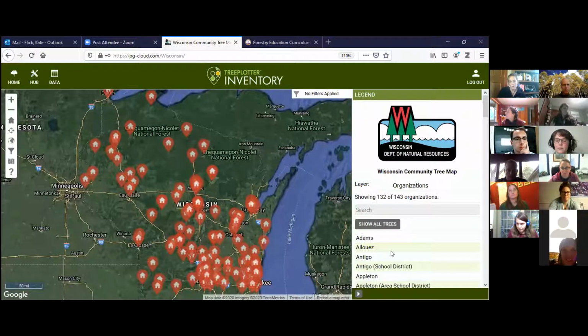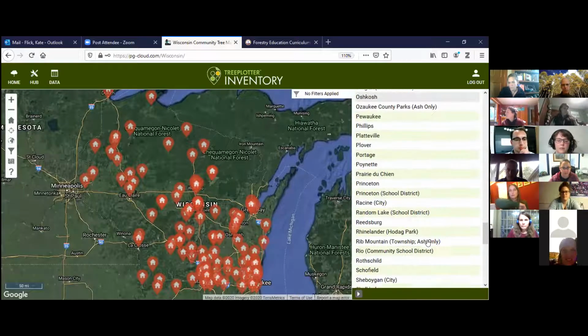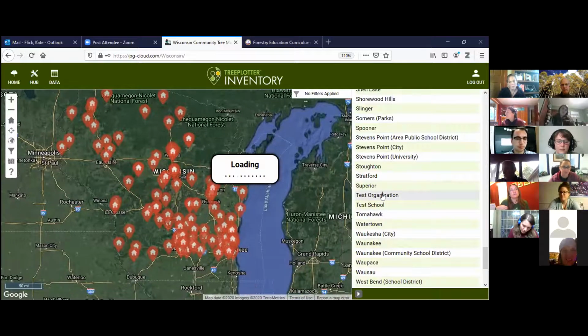Then you need to go over to the right side here, scroll down, and go into the test organization, not the test school. It's a little confusing. Most of the time the logins don't have that disjoint. But once you click on the right login,